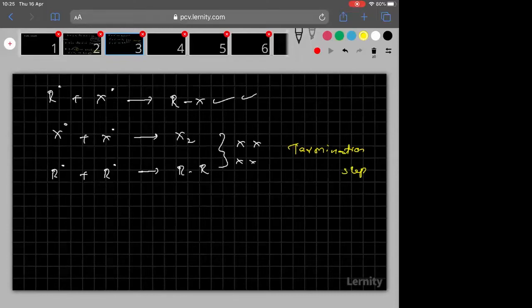I hope you understood my point here. So in this mechanism, 3 parts will be there. First one, chain initiation. Second one, chain propagation. And third one, chain termination. So please copy the mechanism quickly. And then after, yesterday I explained the reactivity selectivity principle also. Even we did a numerical also on that one. Okay, I hope you understood this one.